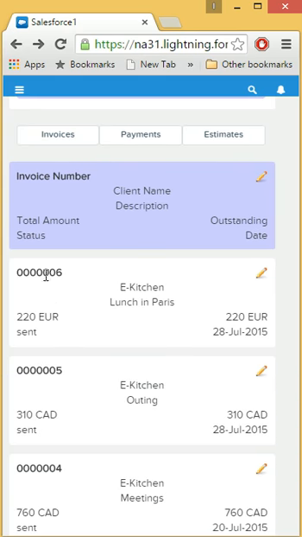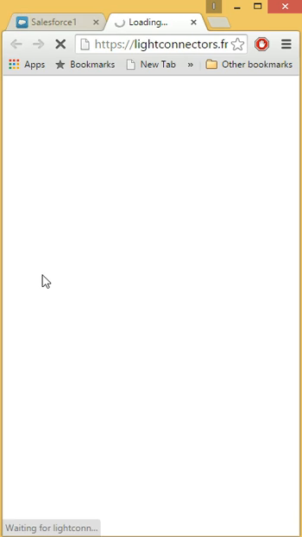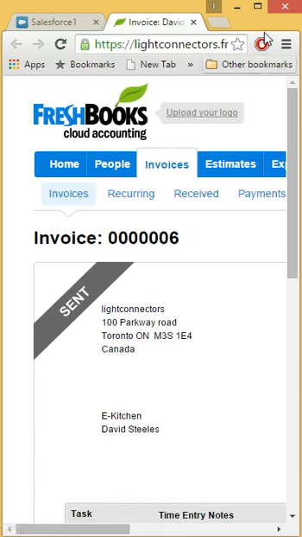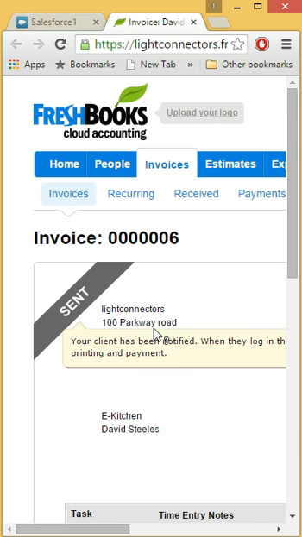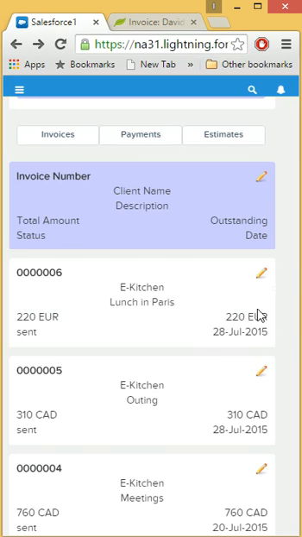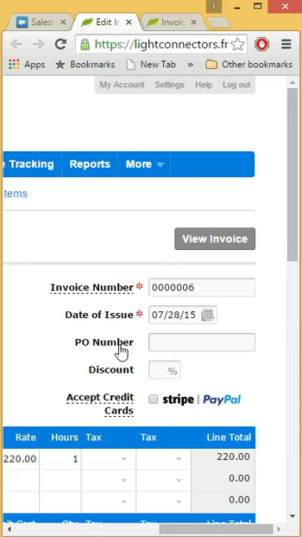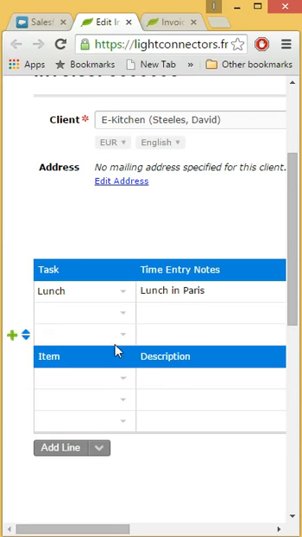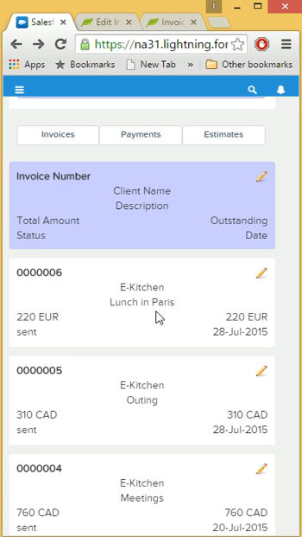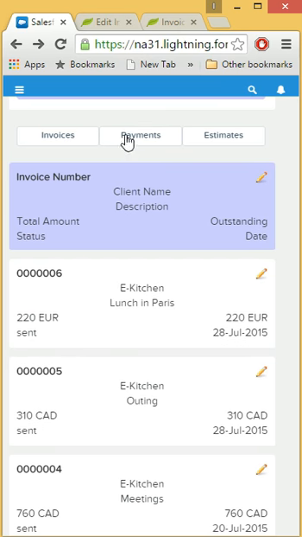Again, for each invoice, you can view the invoice by simply clicking on the number of the invoice. It will take you to your Freshbooks account and it will display that invoice. If you go back to Salesforce, if you click on the edit icon, it will take you to Freshbooks edit page for that particular invoice as well. In the invoice, you would see the details, the total amount, the outstanding, the date, and the status of that invoice. Similarly for payments,